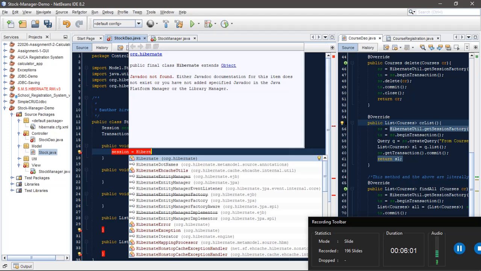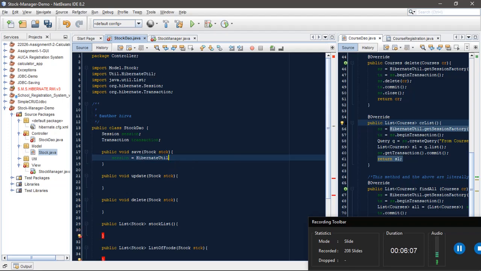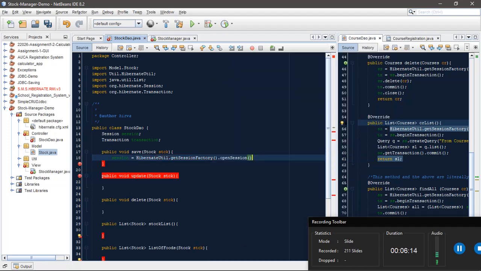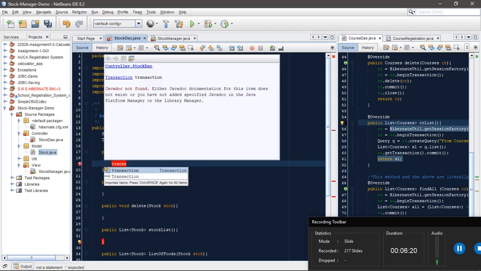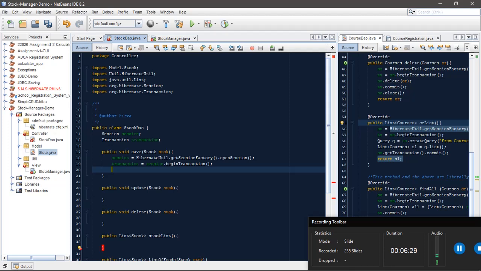I think I would even dare say that they are like a routine or a line of code which does not change, and you'll see it. Get session factory dot open session, and then I come here, I say the transaction equals to session dot begin transaction, and then I say